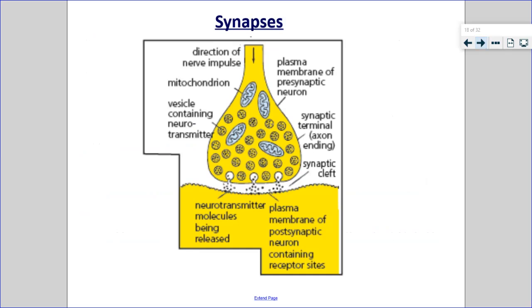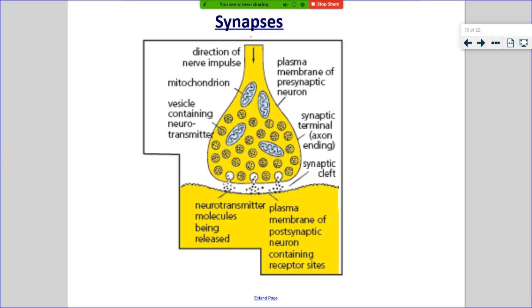So just as a bit of a reminder about neurotransmitters, going back to National 5, remember electrical impulses pass down nerves or neurons, and then when they get to the end, there is a gap between one nerve and the next nerve, and that gap is called the synapse. And for impulses to pass across the gap, these chemicals held in vesicles need to be released into the synapse, and they move across the gap, and then they bind to receptors on the postsynaptic neuron, and that causes an effect on this